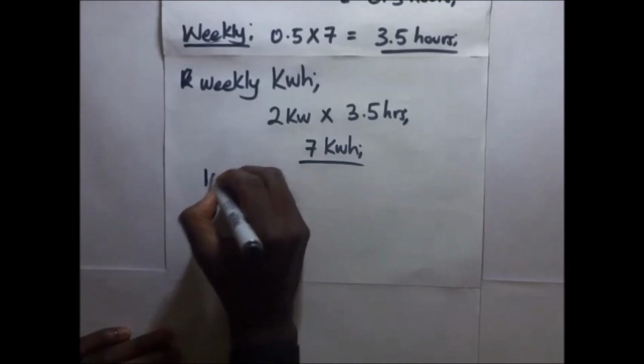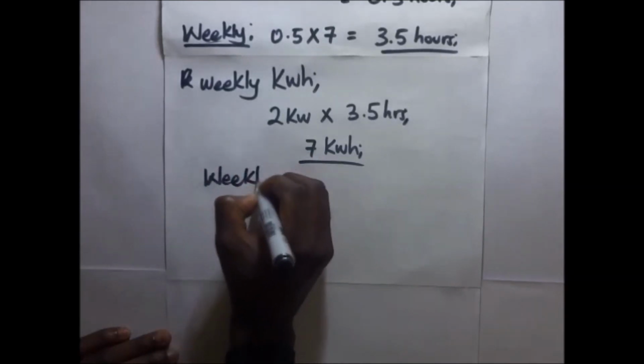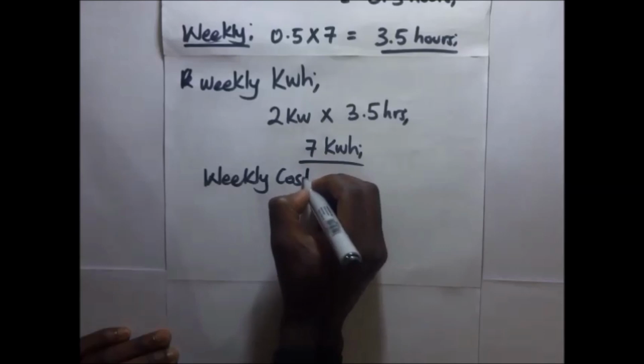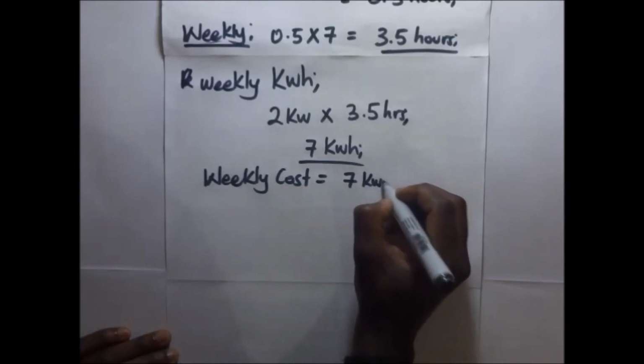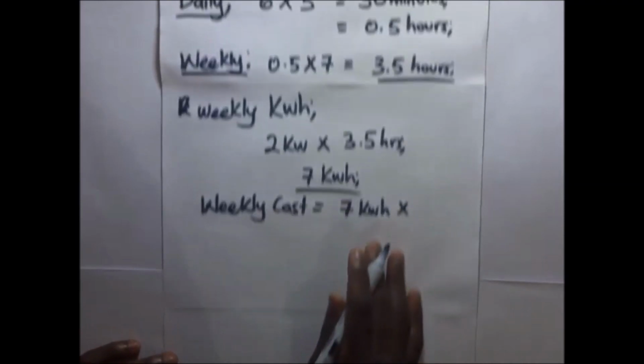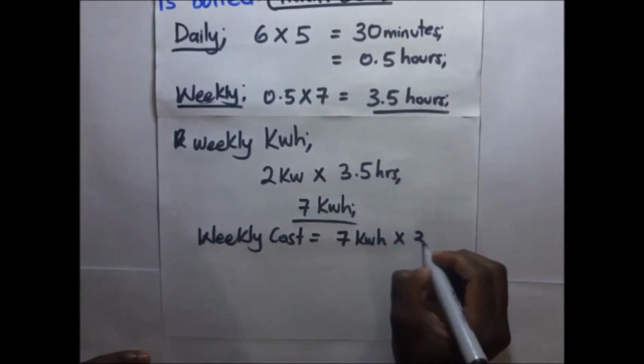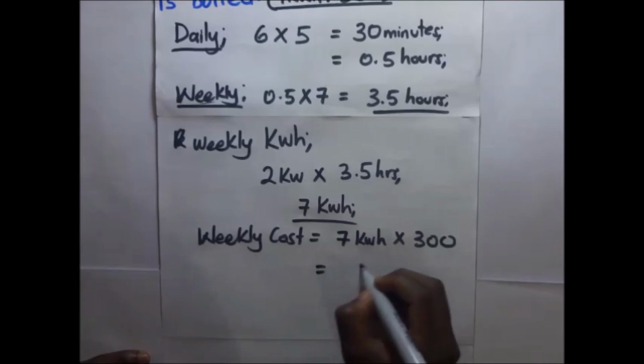So the weekly cost will be 7 kilowatt hours multiplied by the cost per kilowatt hour, which is 300, and it will give us